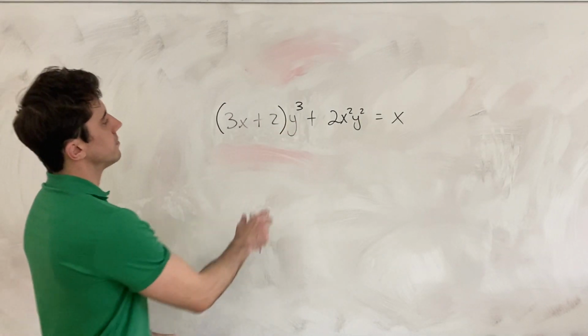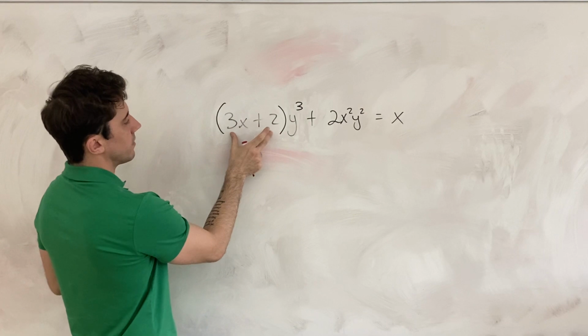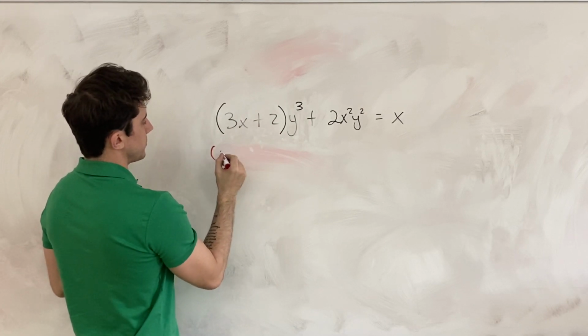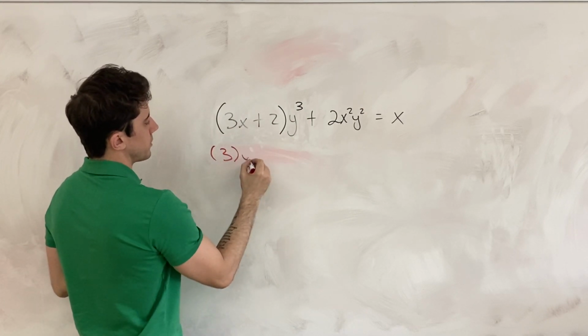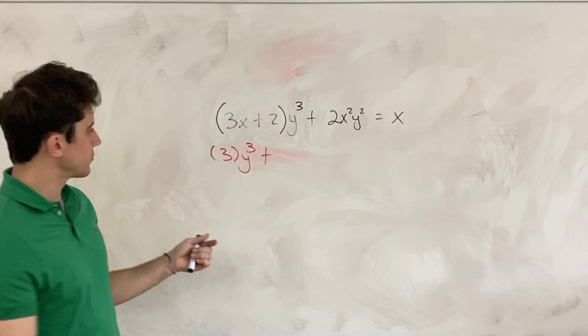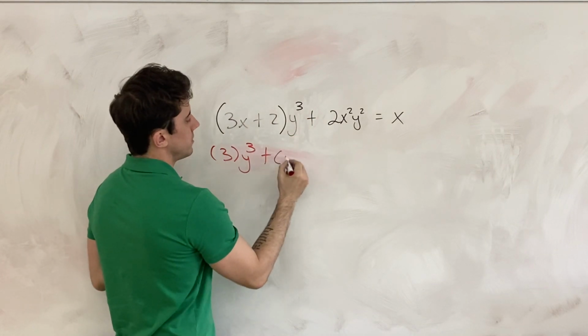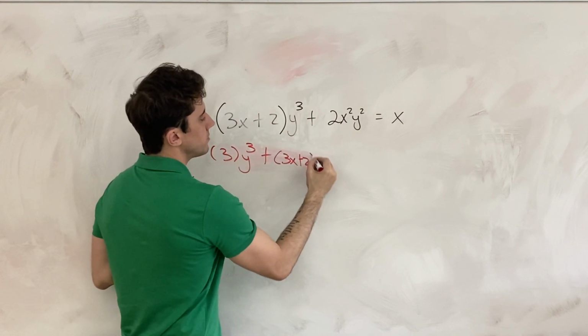Okay, so on the left-hand side, we're going to start here with the product rule. So we'll do the derivative of this first bit. That'll be just 3 times y cubed. And then by the product rule, we'll do the first bit times the derivative of that second part. So 3x plus 2 times